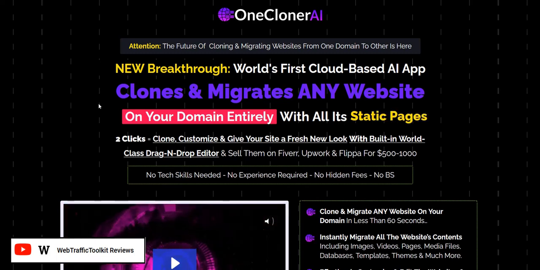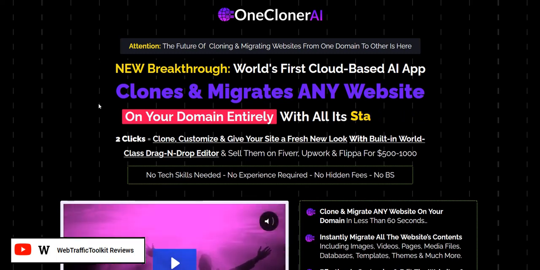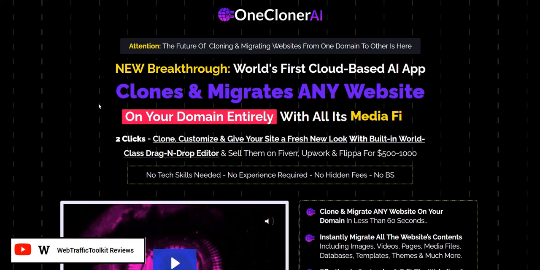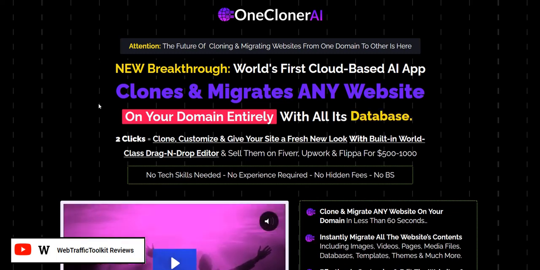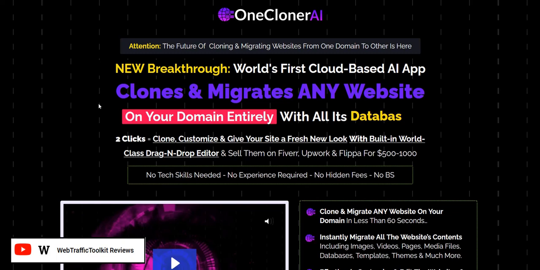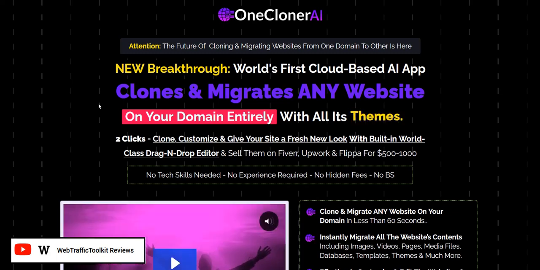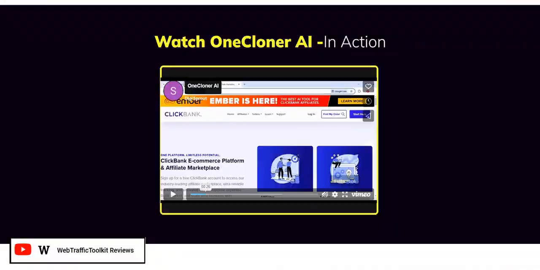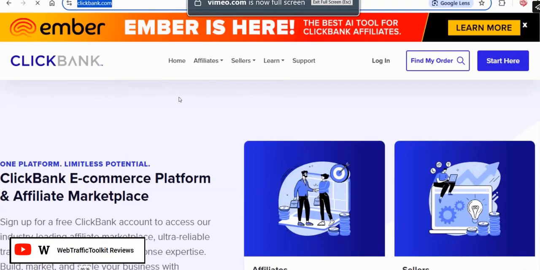So with OneCloner AI, basically, the way the system works is you go over to a website, copy and paste a link of a website you want to clone, and then it will let you open that up and edit it in the drag and drop editor. So it's quite a cool piece of software where you actually can clone other websites and they look exactly the same. The only disadvantage is how ethical it is and whether you've got permission or not from the other people